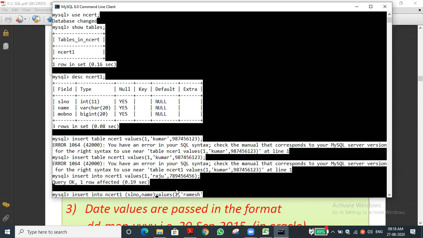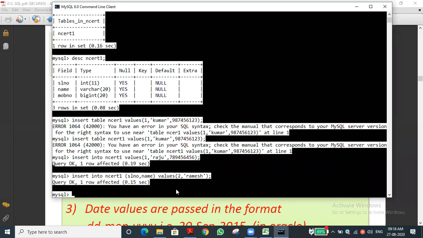Then values of. If we enter like that, the mobile number will not be entered, but the serial number and name will be entered.